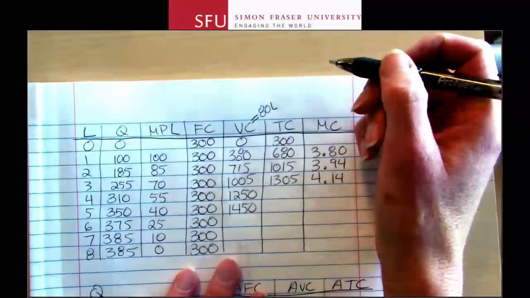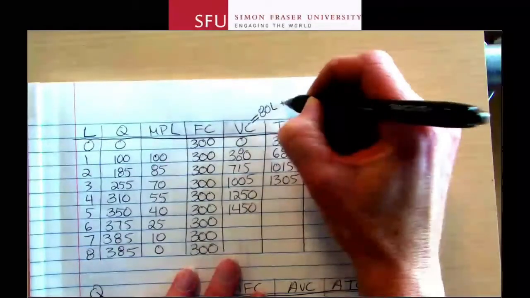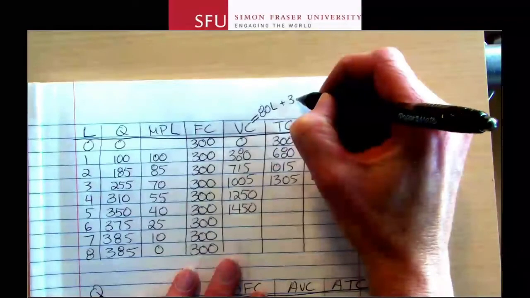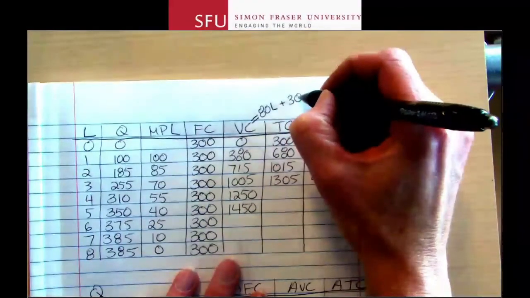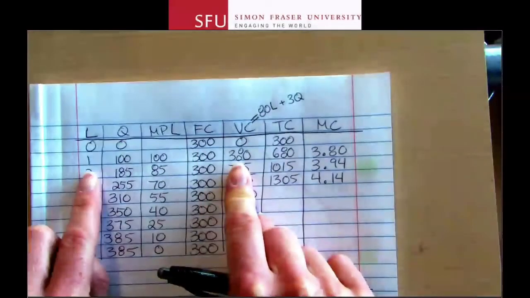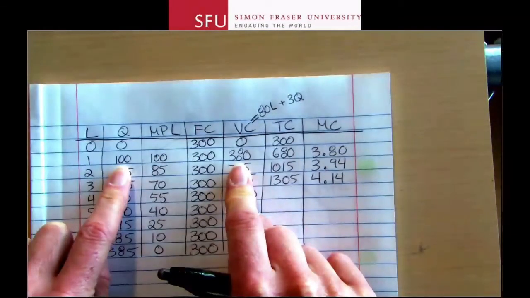So that would be your wage cost, the 80 times the number of workers, plus $3 times the number of units, because it's $3 per unit for the ingredients, so plus 3 times Q. Okay, so for example, for the first one here, one worker will cost 80 plus 100 units times $3 per unit is